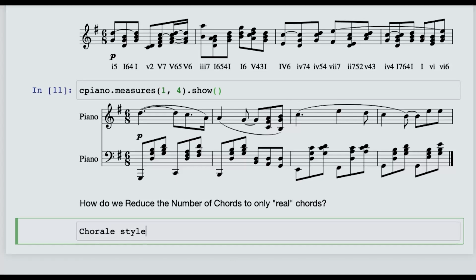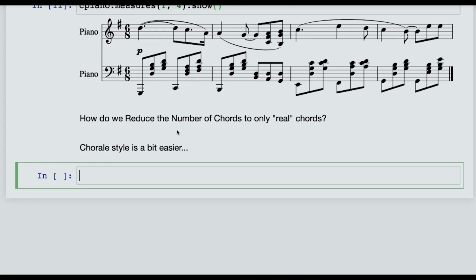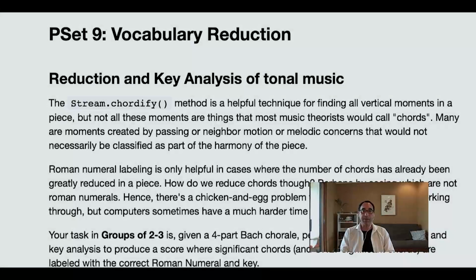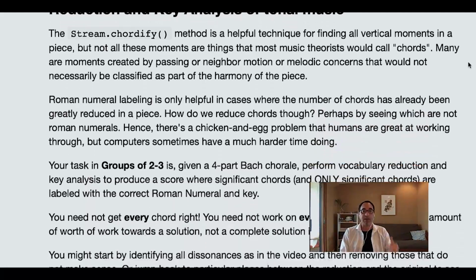We'll be looking at a dissertation by a guy by the name of Christopher William Wright at some point, for people who are very interested in such things. We're going to be applying the concepts of vocabulary reduction to Bach's four-part chorales, because this is music that tends to have all of the harmonies changing very often and not having a lot of the arpeggiation and things that we were just seeing. You're going to be working in groups, and I'll talk about the problem set later, but